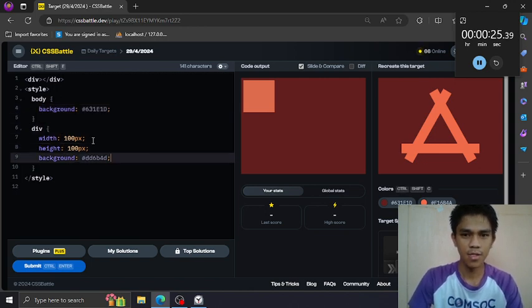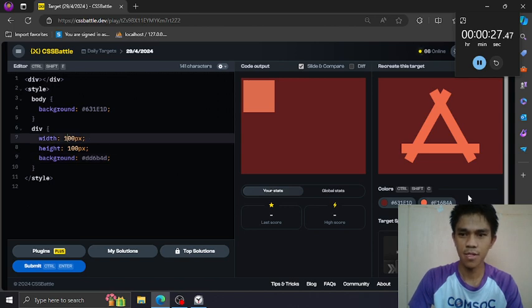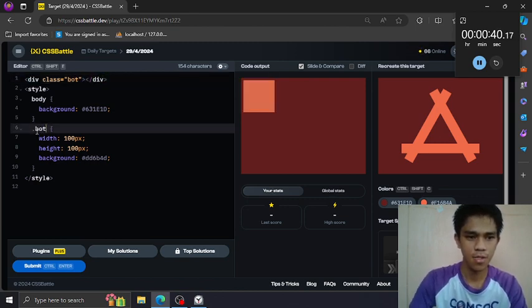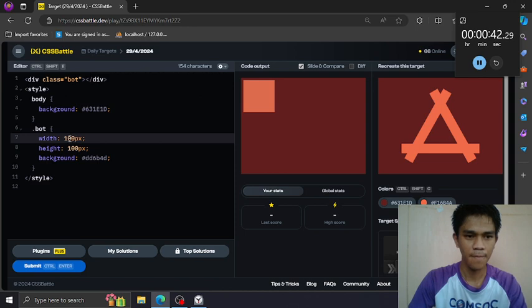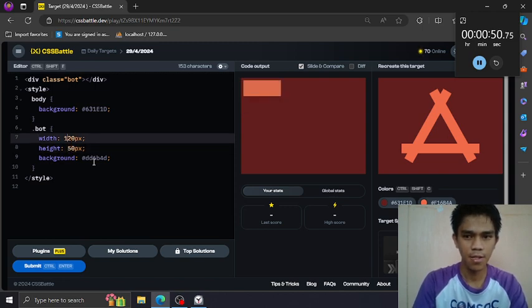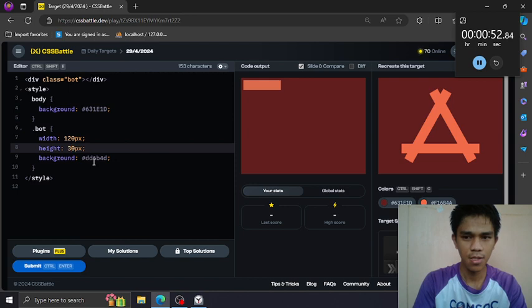Now let's create the rectangle. This horizontal first in the bottom. So let's name this, for instance, bot for bottom. And bot, and adjust the width, 150 maybe, and then this is 50 to 30.